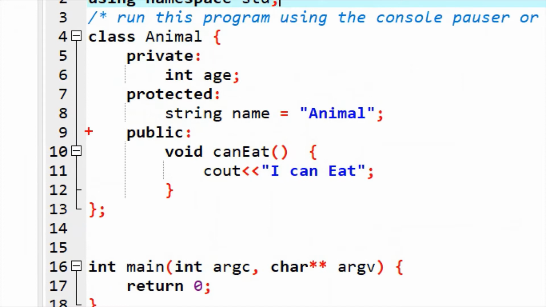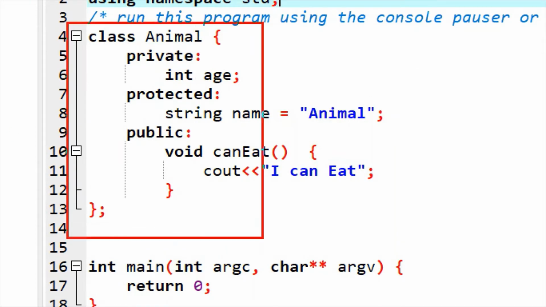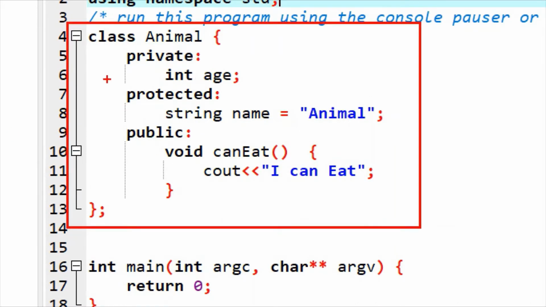Let's elaborate this. This is the class animal where we have private attributes, which is age, and this private attribute is not accessible in any derived classes as well as outside of the class. Secondly, we have declared protected data members.